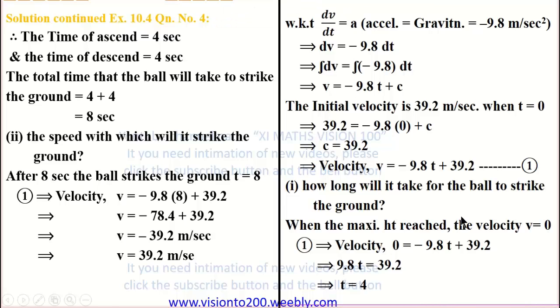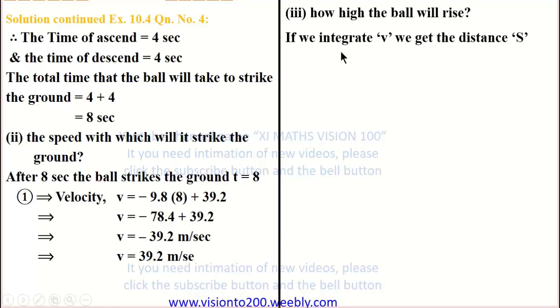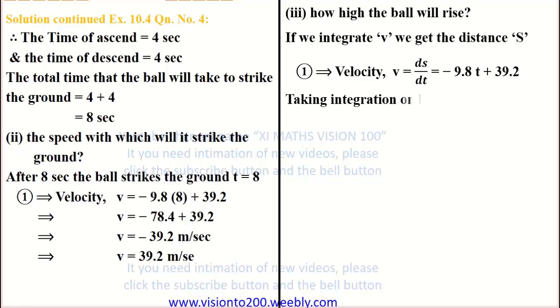Next, subdivision 3. How high will the ball rise? If we integrate v, we get the distance s. So from equation number 1, v is equal to ds by dt is equal to minus 9.8 t plus 39.2. Taking integration on both sides, s is equal to